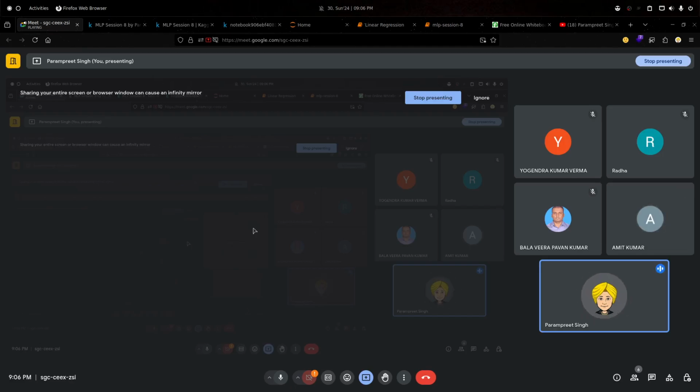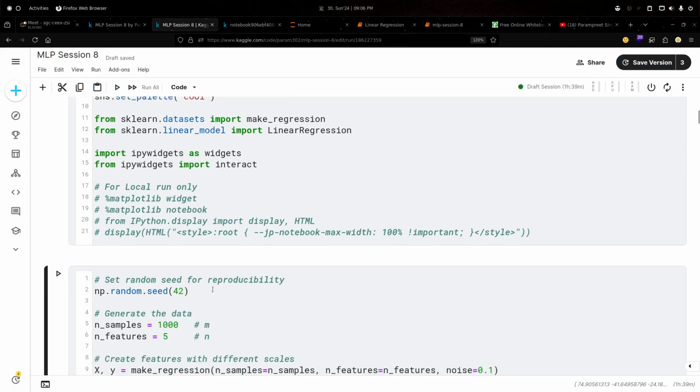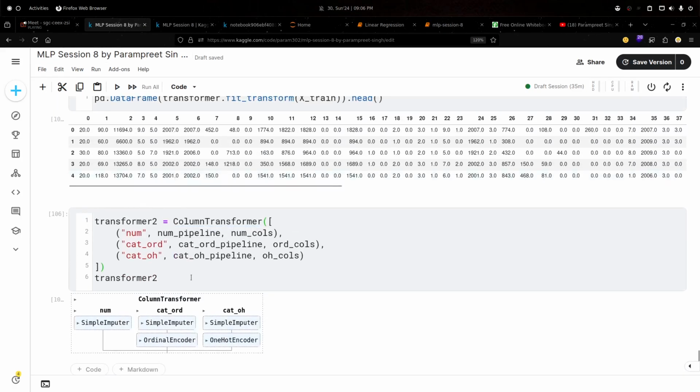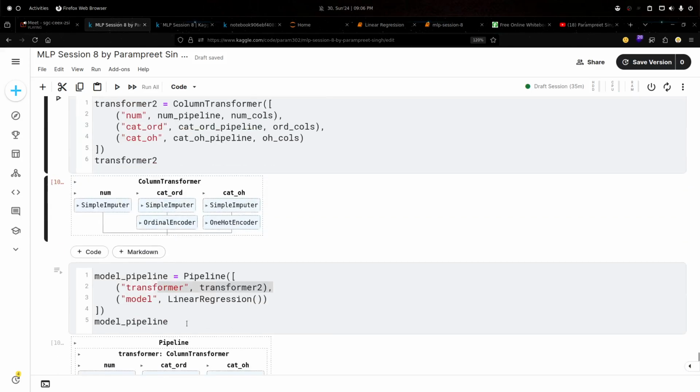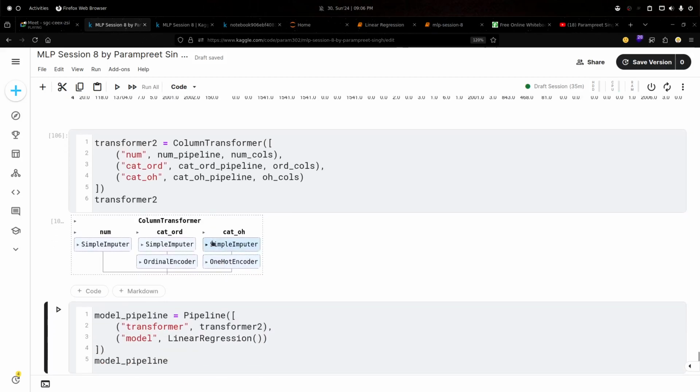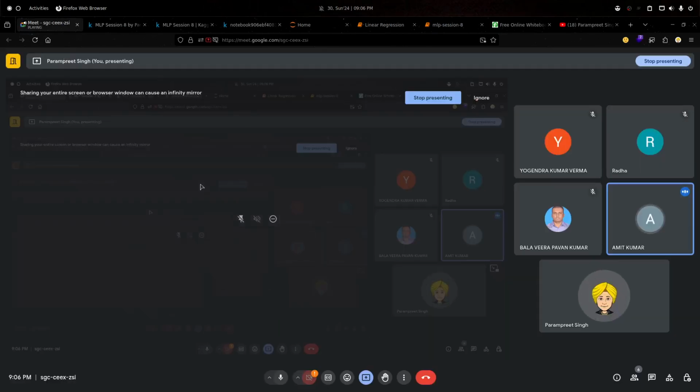बहुत सारी आपकी pipelines बन सकती हैं। जैसे मैंने यहाँ पे एक कॉलम ट्रांसफॉर्मर बनाया, और एक फाइनल मॉडल पाइपलाइन बनाई। Make several pipelines with several transformers on the same model. जैसे आपने लॉजिस्टिक रिग्रेशन चूज कर लिया और you have made 5 different pipelines, so do 5 different predictions, check the validation score, accuracy, plot it, whichever is giving you